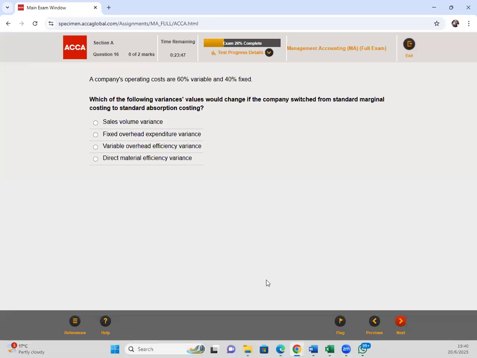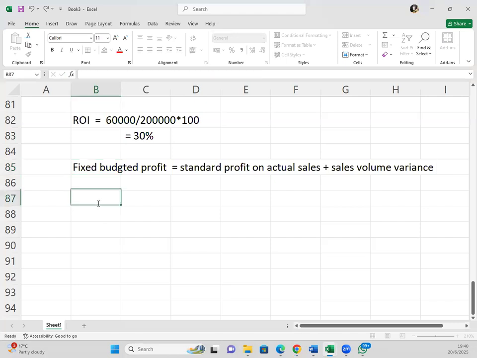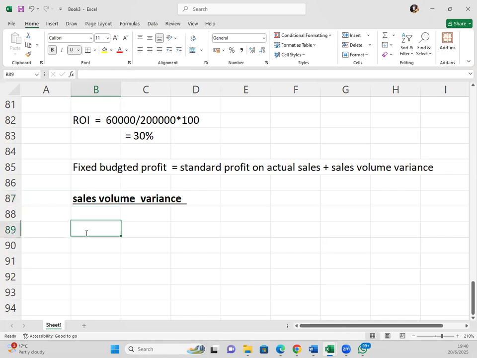The sales variance, we have the sales volume variance. So what is the formula for sales volume variance? How do you get the sales volume variance? The sales volume variance is in two. That's where we say the standard volume